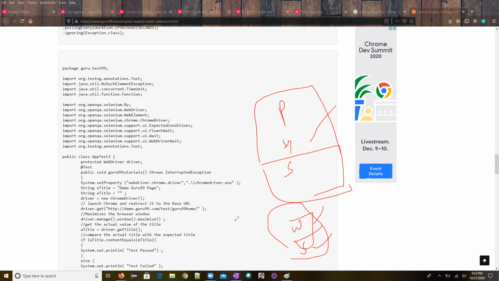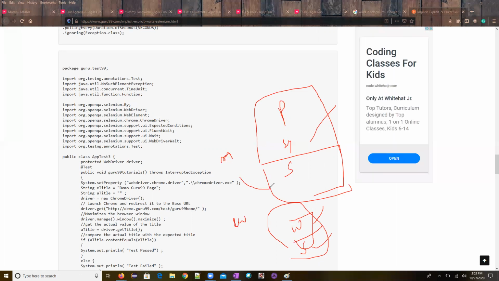See, for example, we do have React.js applications and Angular applications. Identifying the Angular application is a little bit difficult in Selenium, but it is achievable. So for that, they use Protractor, for Angular applications and React.js applications, because they do have these synchronization issues. They have synchronous, asynchronous, and lots of things. I don't want to get into that. So those are the basic differences you need to understand.